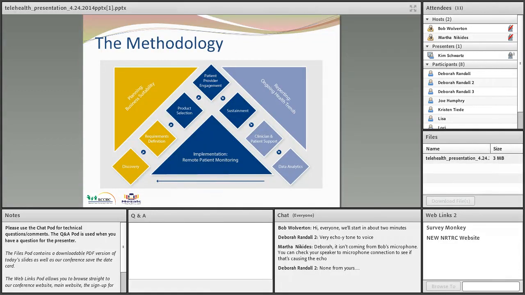So this is basically the methodology as we're figuring out what can be done for each individual program. This is in coordination with InScope on this project: how we can go to the next stage of deciding what the technology might be, the product and selection. We have multiple vendors. We are vendor neutral. There's a lot of vendors out there.